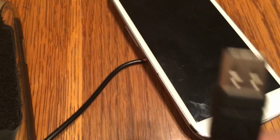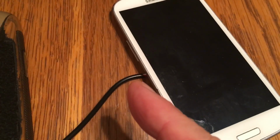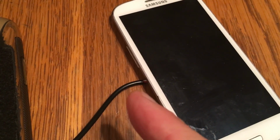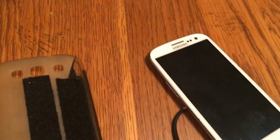So if you strip off the end of the charge cord, you'll find the red lead and the black lead typically. The red is the positive and the black is the negative. So when you plug this in, then it'll charge. It says it's using a wireless charger,